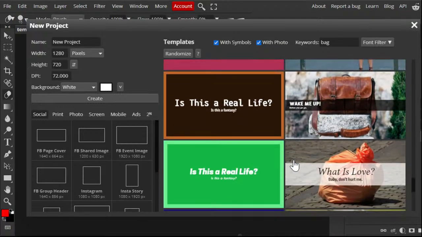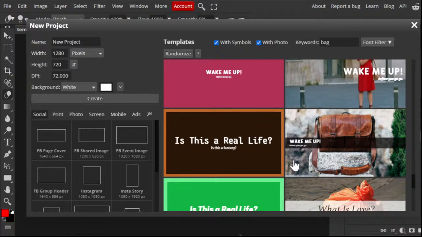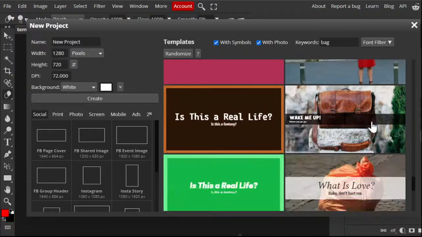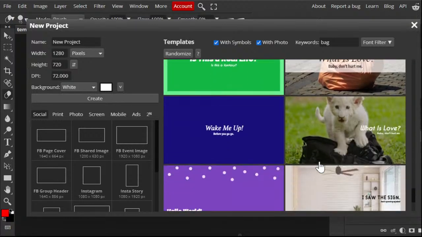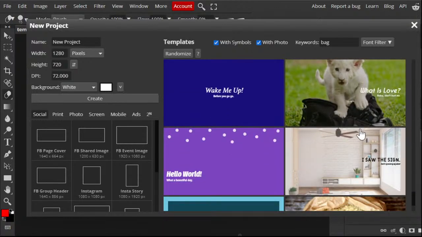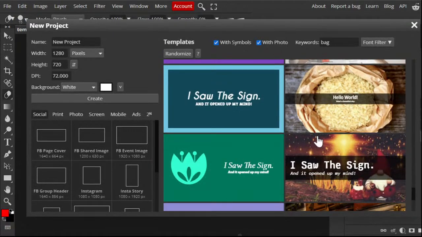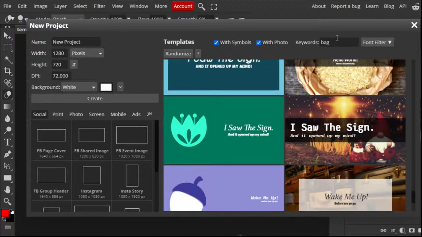What is it? Maybe I should have coffee right now. It says wake me up. Even pet videos or anything like that, there's a picture of a dog. Probably could use that if you wanted to. I think that's some noodles or something like that. I'm just taking a look real quick, just to give you guys a couple of examples. I'll show